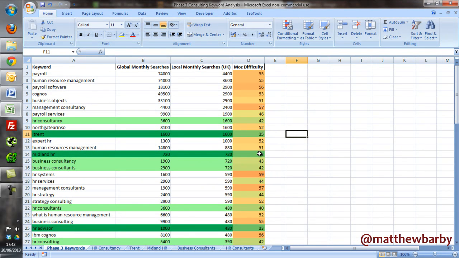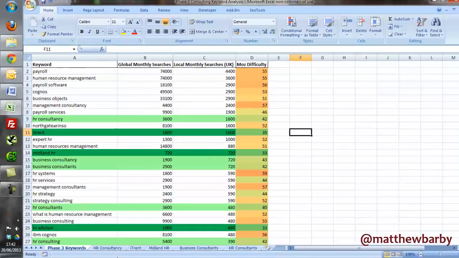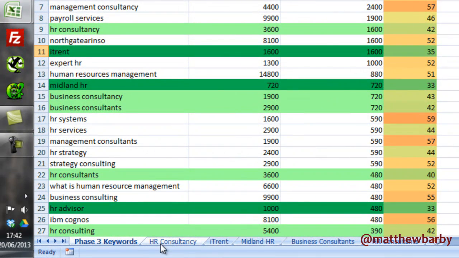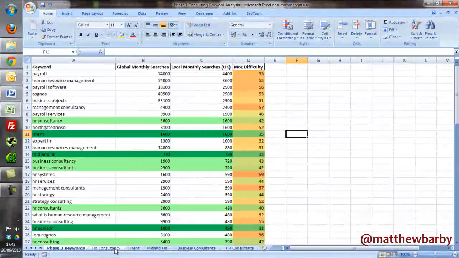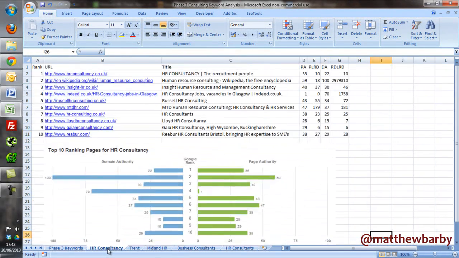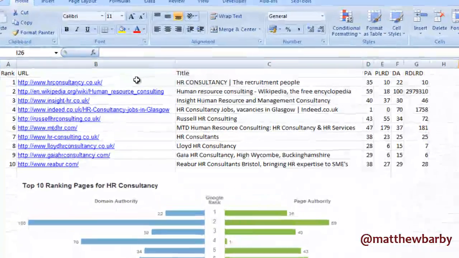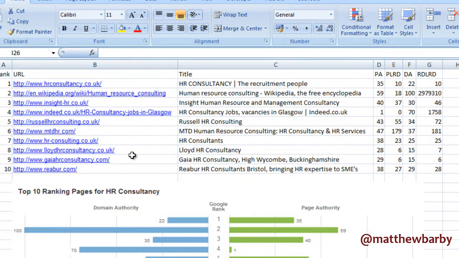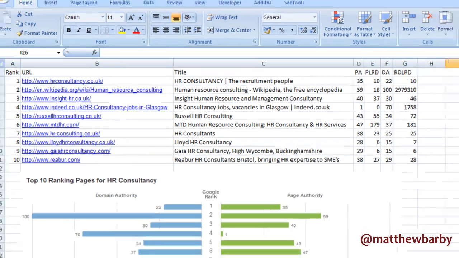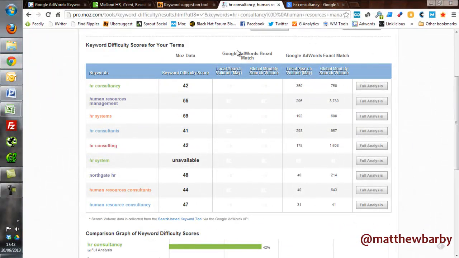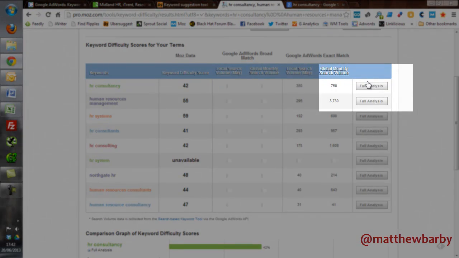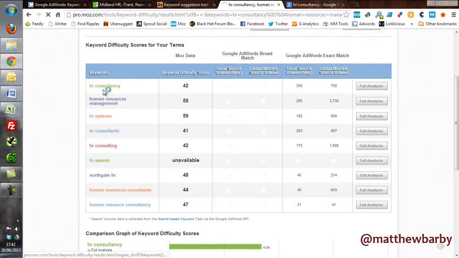to pull together, after you've highlighted a couple of these, a bit more information on, say, page 1. So what we do is, I've created a few tabs for some of the potential opportunities that we've got, and if we go into HR consultancy, I've pulled off the top results for page 1, and you can do that within Moz's difficulty score. So if we go to full analysis for this keyword,